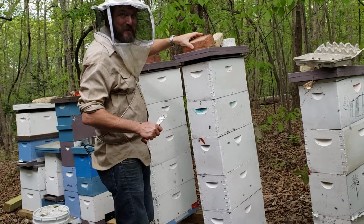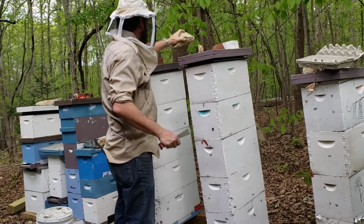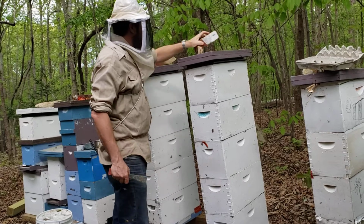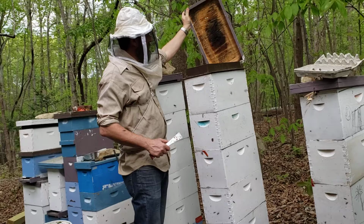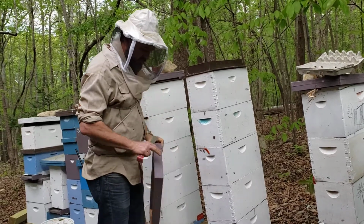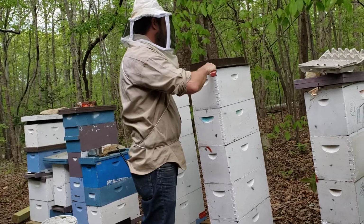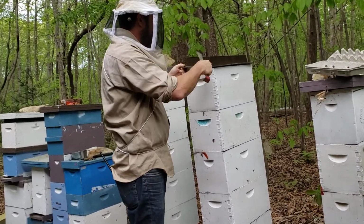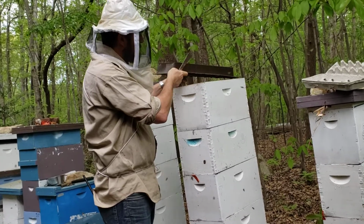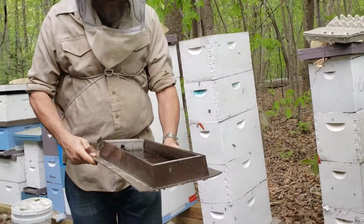Slightly freaked out, but so I have a bunch of rocks here on top, some bricks to keep it from blowing over. This is a tall hive outer cover. I have been feeding this hive in this hive top feeder. I haven't really been eating much of it, and as you can see, old sugar syrup